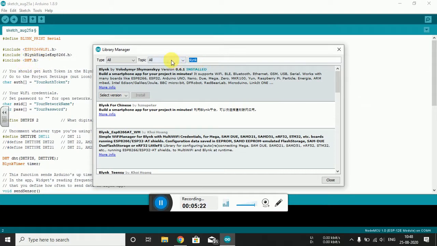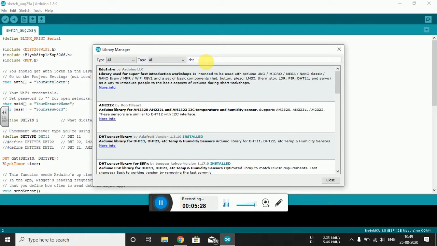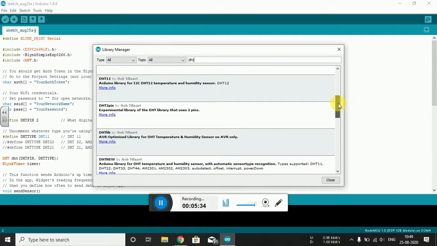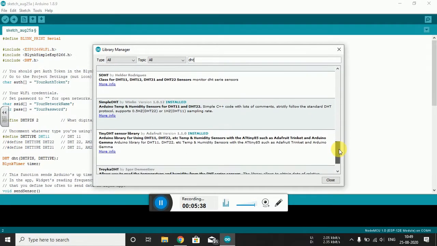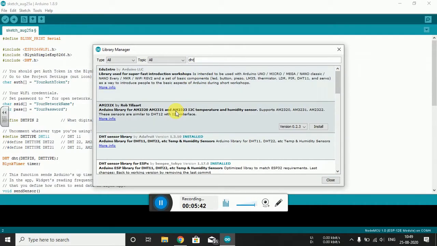Go to the DHT, type there DHT, and the DHT unified sensor library will be shown. Simply search for it. We are interested in the unified DHT11 library.